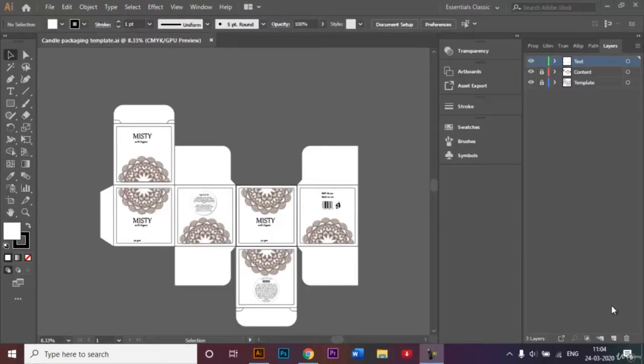Hi everyone, welcome to today's tutorial. In this video I will be showing you how you can recreate a 3D mock-up of this candle packaging template that I had done in my previous videos as well. So just in case you have missed it and you haven't seen how this template is made, I highly recommend that you go back to the packaging template section, watch those videos first, and then open up the same template